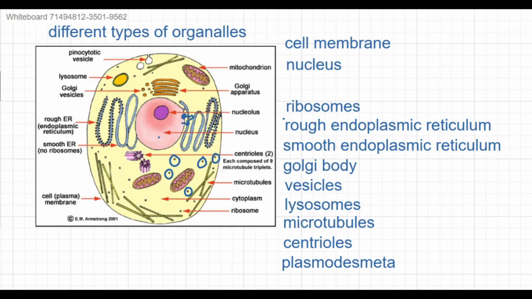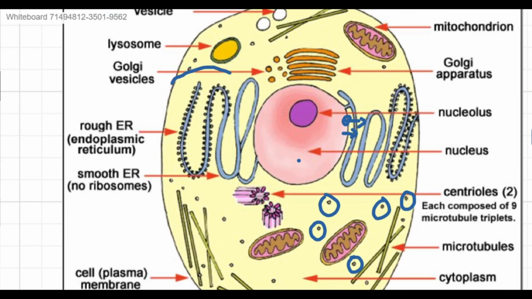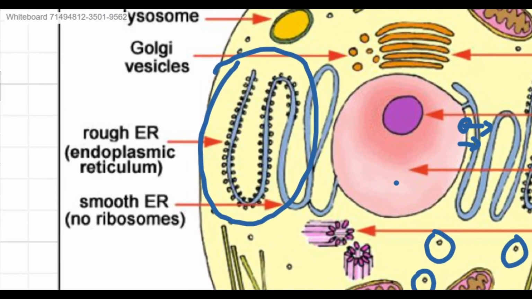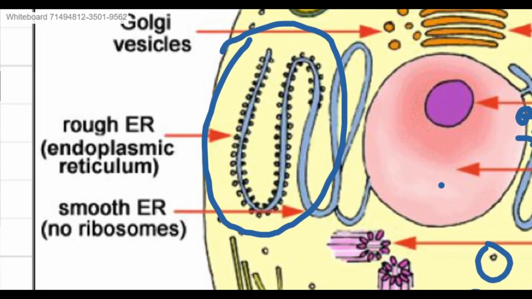80S. The rough endoplasmic reticulum is this tail-like organelle found near the nucleus, and the reason it's called rough is because it has these ribosomes on it. So the ribosomes make protein, and the function of the rough endoplasmic reticulum, or RER for short, is they process and they fold these proteins, and